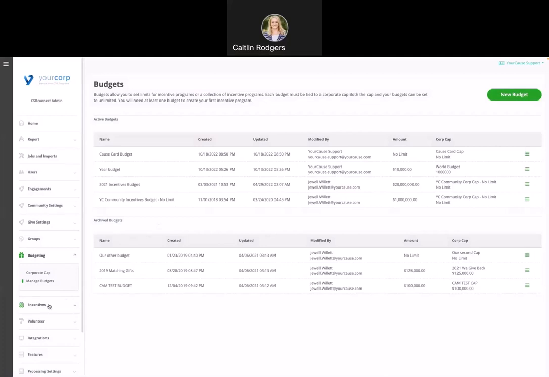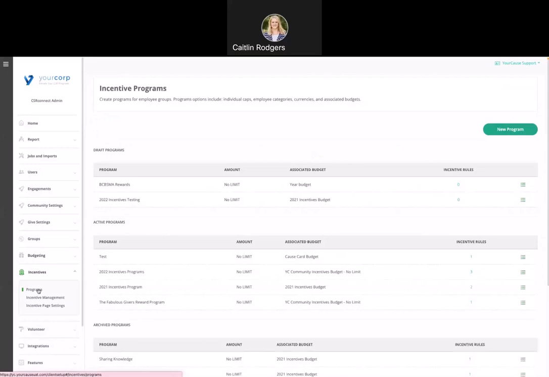So from here, you'll click on incentives. You can go into the programs page and see all of your current active programs, your archived programs, and any programs you might have in draft. From this page, you can start from scratch with a completely new program, or if you already have some programs in here and you're maybe just copying over a program and making some updates,